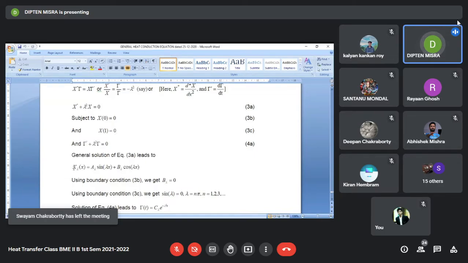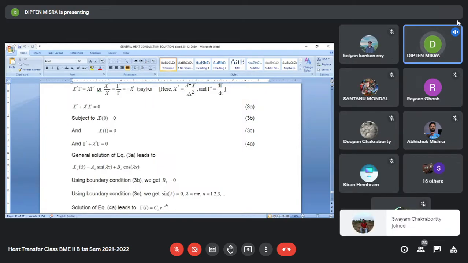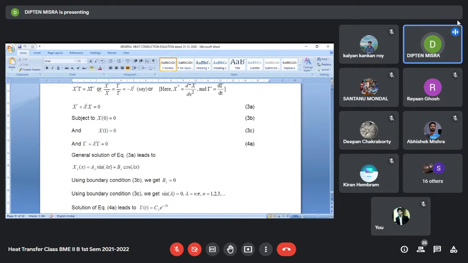So if you substitute that, it becomes X at x equal to 1 is equal to 0. Now B_λ is already gone, it is no more there. So it becomes X_λ at x equal to 1, which is equal to 0, and that is equal to A_λ into sine λ. Now how can A_λ into sine λ be equal to 0? It is possible if either A_λ is equal to 0 or sine λ equal to 0.